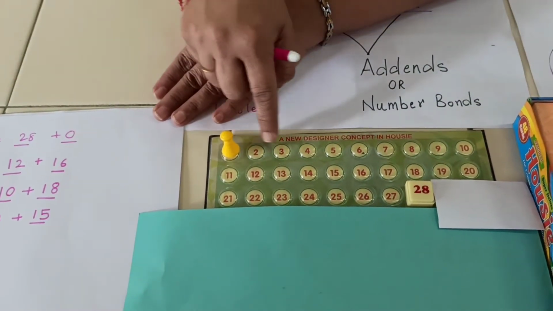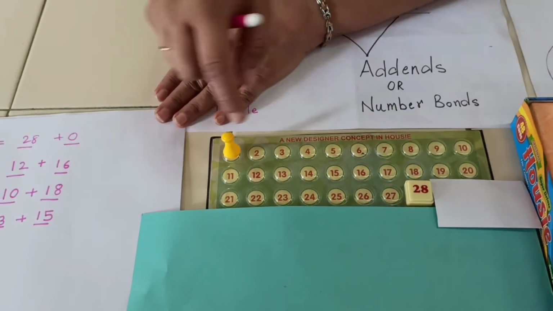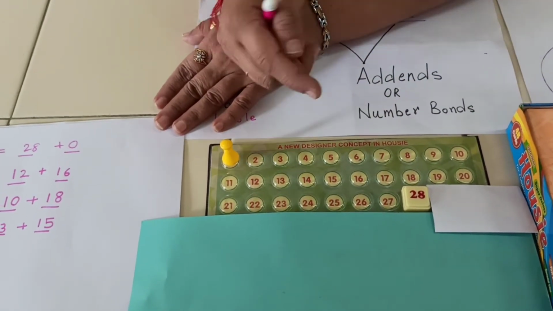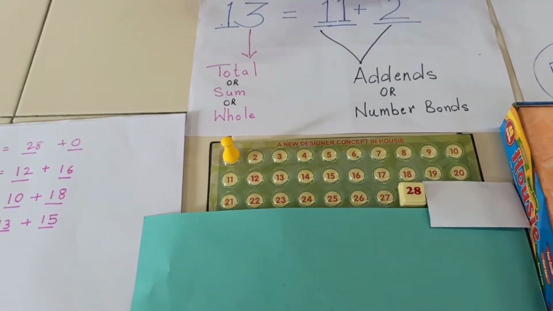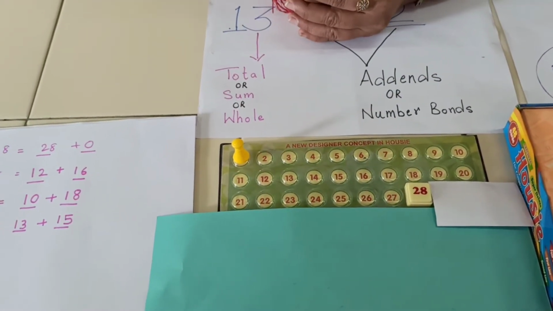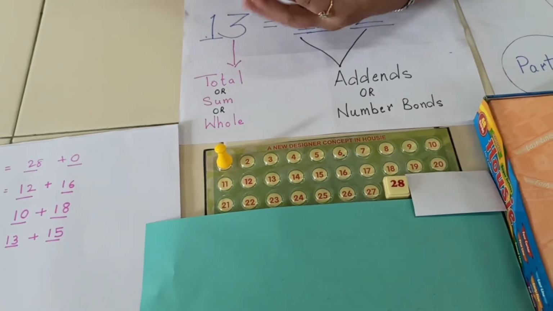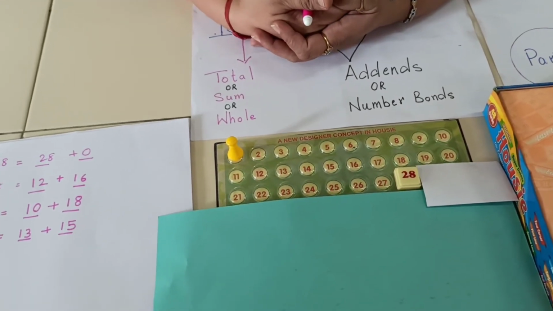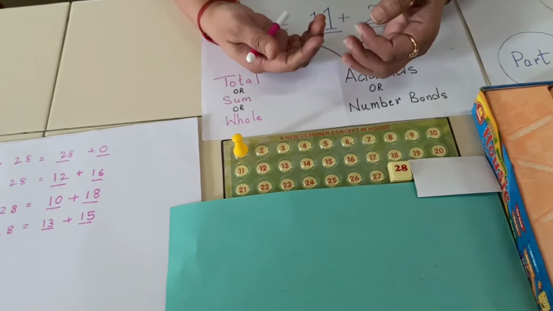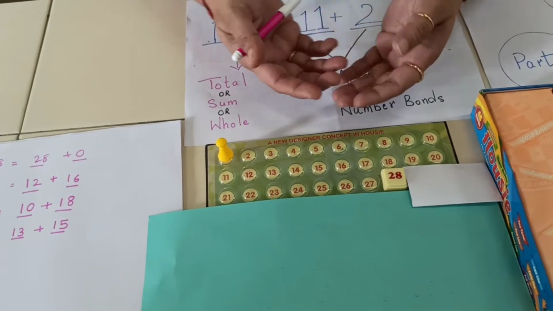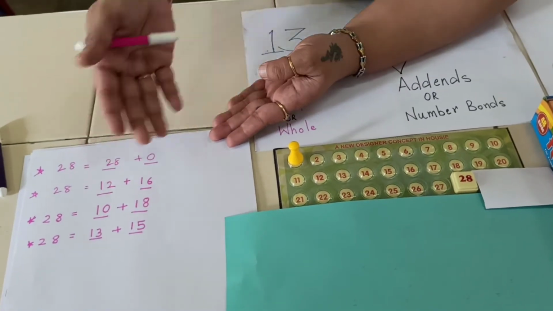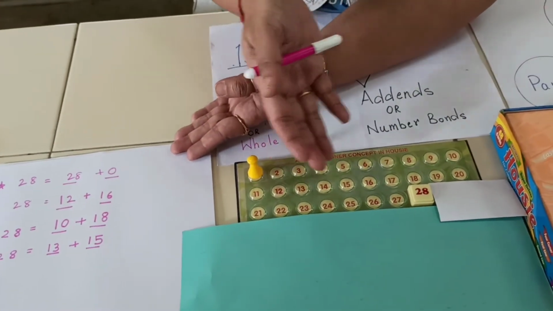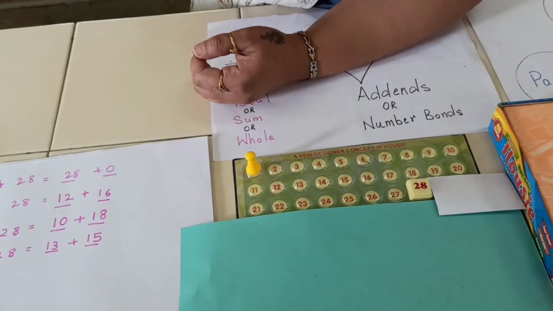That means this will be 1, and these are 27, because I have to just count this. So this is also possible. These many combinations are there. Neetu teacher, isn't it amazing? Yes, it is amazing, because we are getting so many combinations. Yes, it is correct. So when you do this, you can write any of these combinations. Not only the ones which I have written, you can find your own combinations and write. Do it this way. Okay.